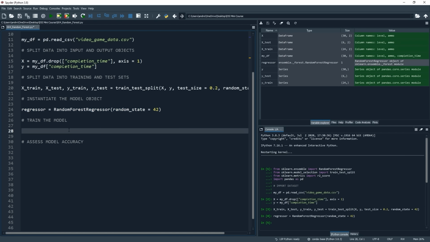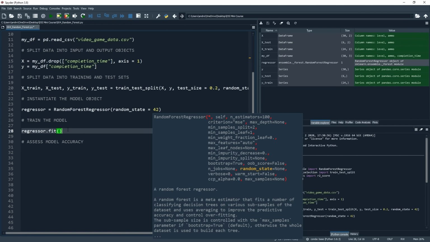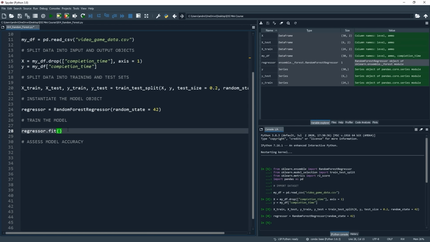And now our model is instantiated, we can pass it our training data and get it to learn the rules that best map the inputs to the output. To do this, we type regressor, our model object that we just instantiated, .fit and parentheses. Within this set of parentheses, we're going to pass it both the inputs and the outputs for our training data only.